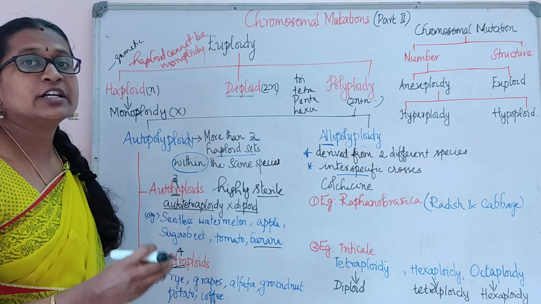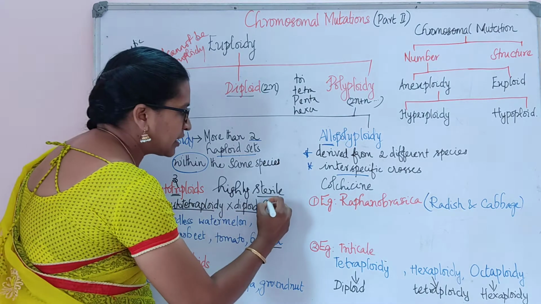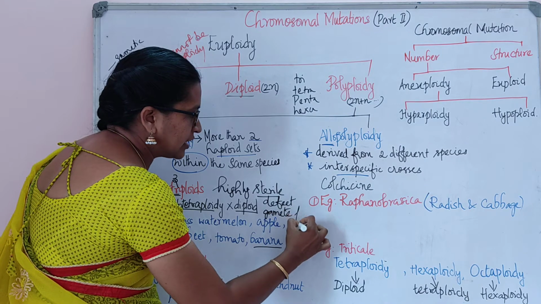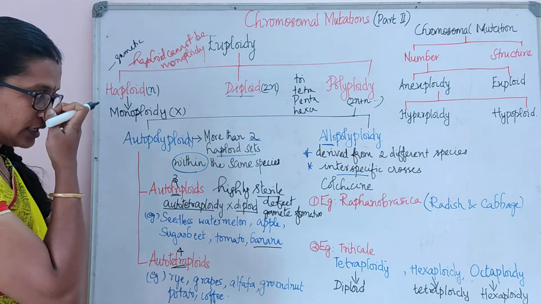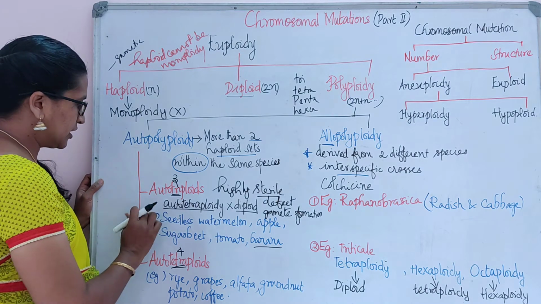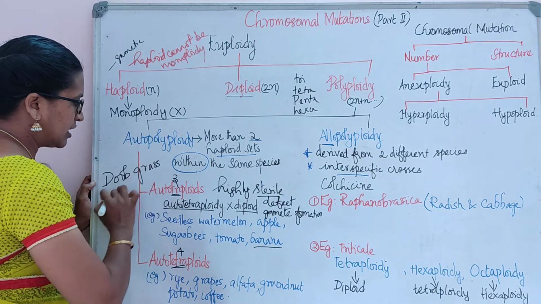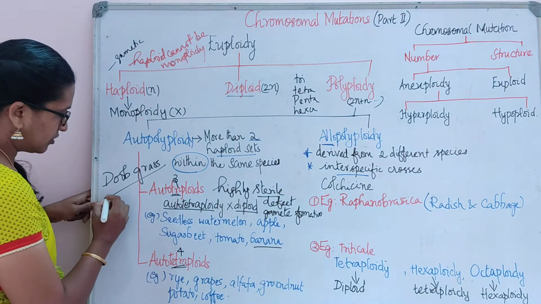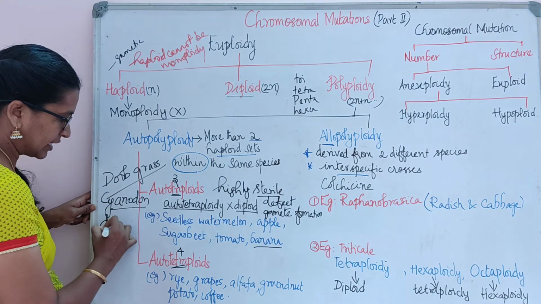Why? They have defective gamete formation. The problem here is a defect in gamete formation. Defect in gamete formation, that is seen where? In autotriploids, right? This is the point here. And a naturally occurring autotriploid is grass, doob grass, right? This is a natural autotriploid. The example for that, scientifically, is Cynodon dactylon.